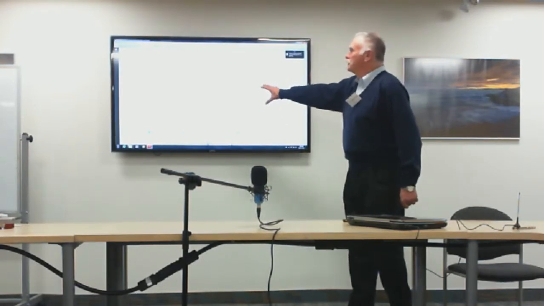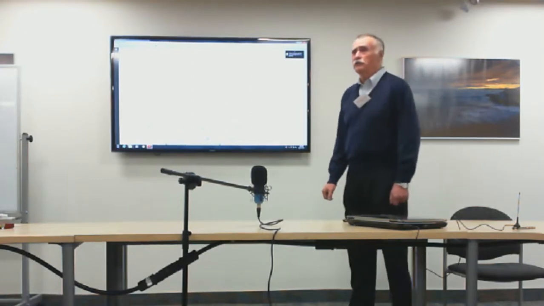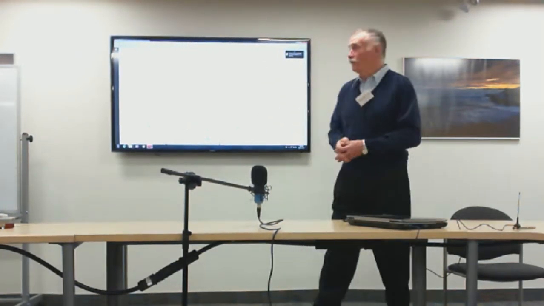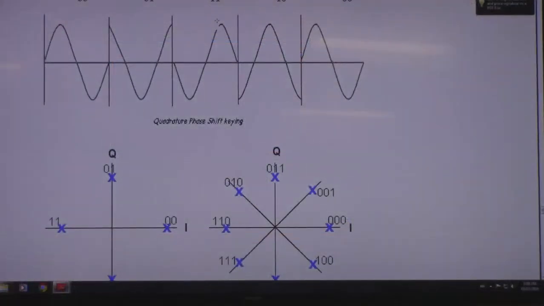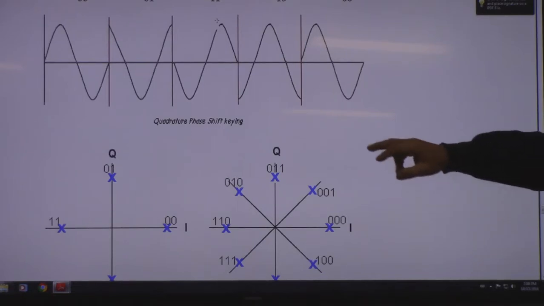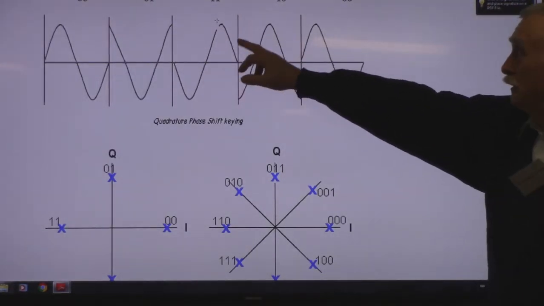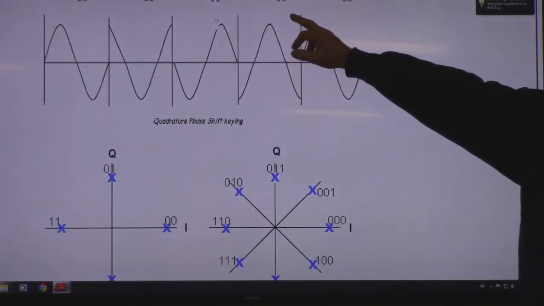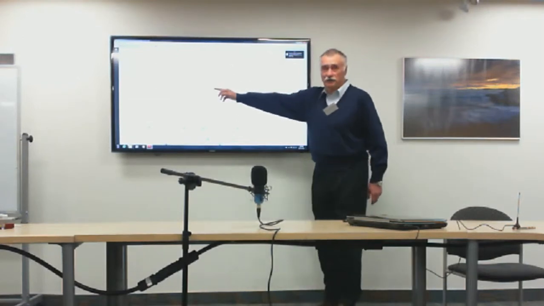Here we have an illustration of quadrature phase shift keying. Now in quadrature phase shift keying, the terminal node controller grabs two bits. Those two bits, one after the other, could have only one of 4 different combinations. Both could be zeros, or one could be a 0 and the other a 1, both could be a 1, or one could be a 1 and a 0. So each time a 0, 0, 0, 1, 1, 1, or 1, 0 is